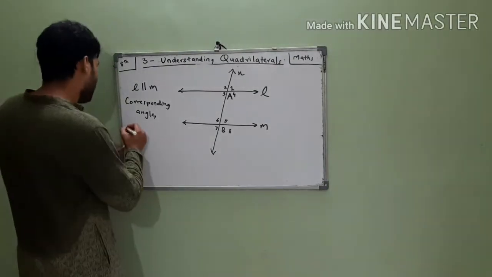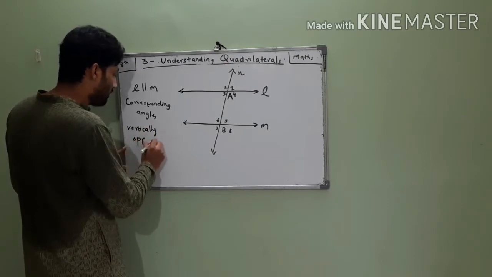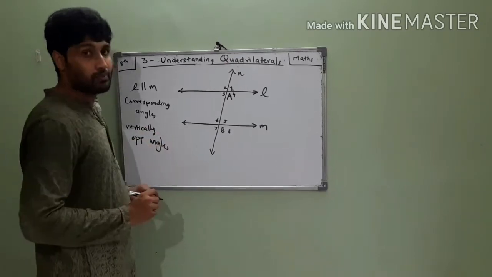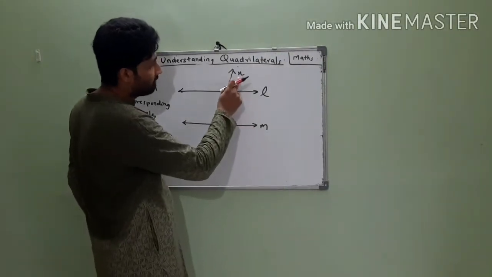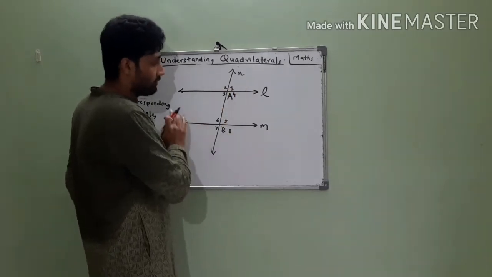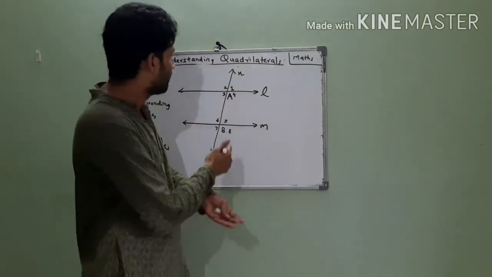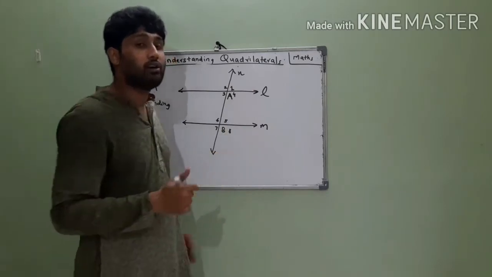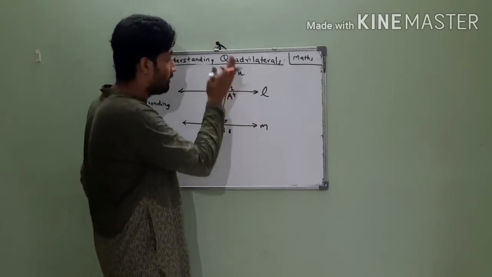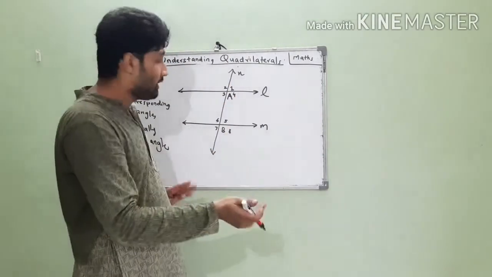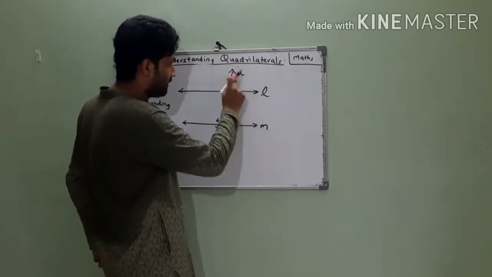Next type of angles are vertically opposite angles, which means the angles which are exactly opposite. So, if you see here, you have angle 1 and angle 3. They are vertically opposite angles because when any two lines intersect, they are opposite. They do not have a common ray. This angle and this angle only have this point as common. They have no common rays. Common ray, for example, if I take this angle and this angle, they have this